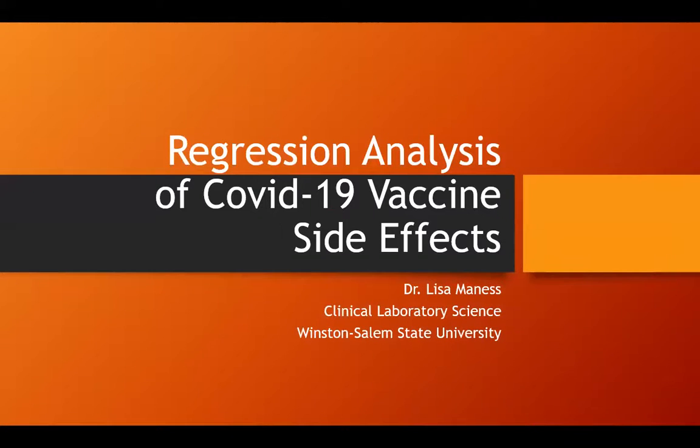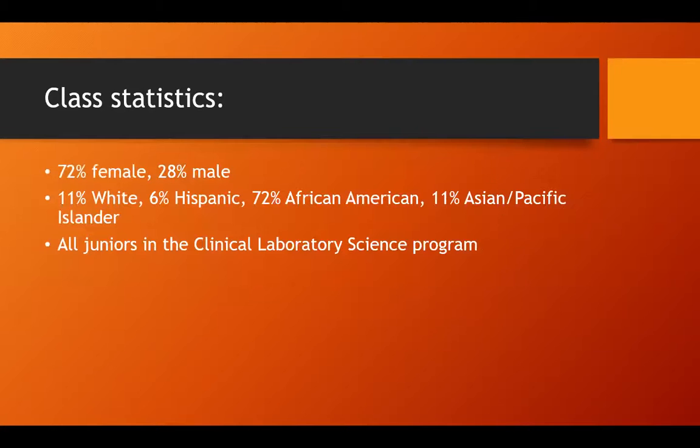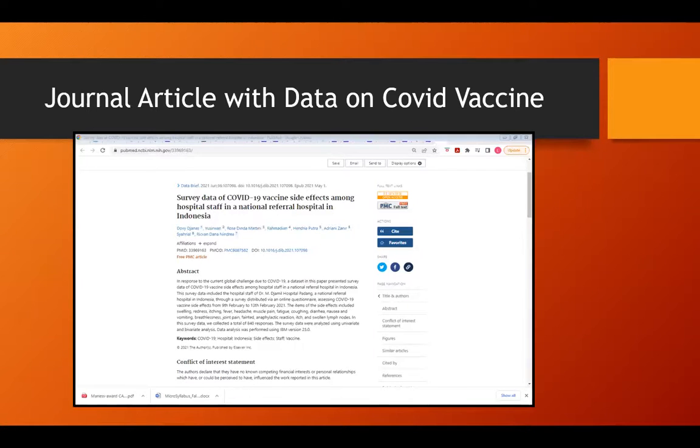The title of my project is Regression Analysis of COVID-19 Vaccine Side Effects. And so the journal article that I chose for the main focus of my project was actually this article. This article had 840 responses from healthcare workers, and these healthcare workers were